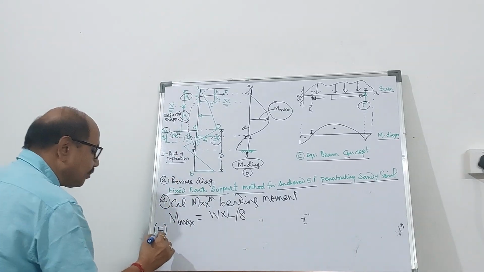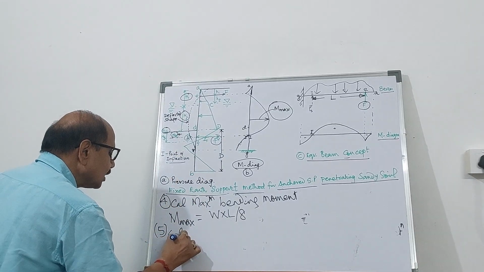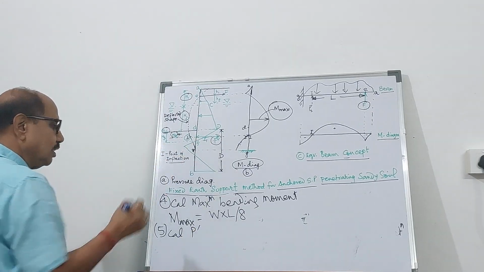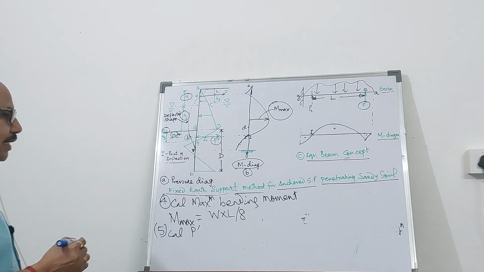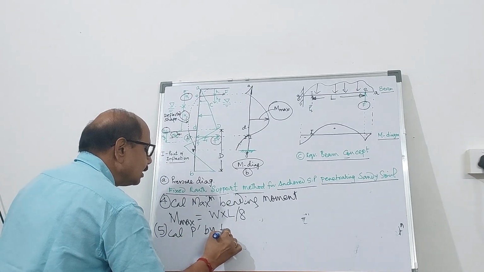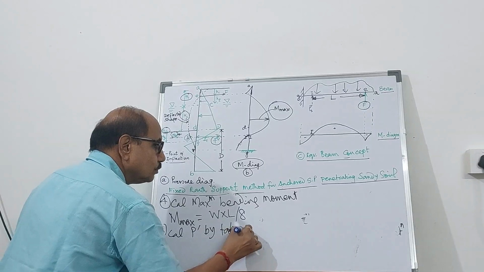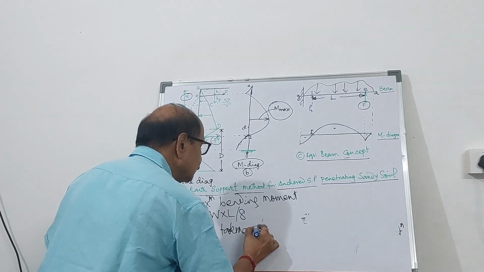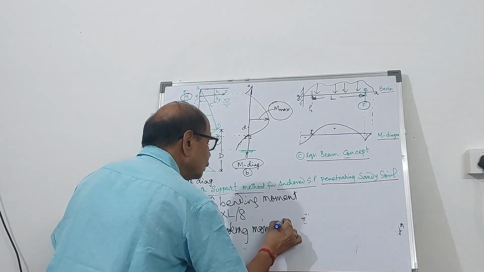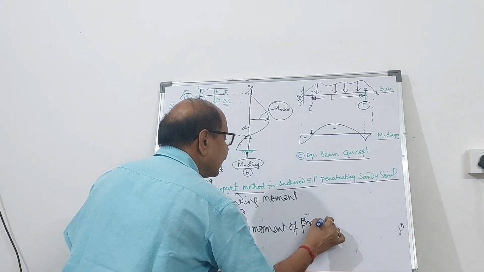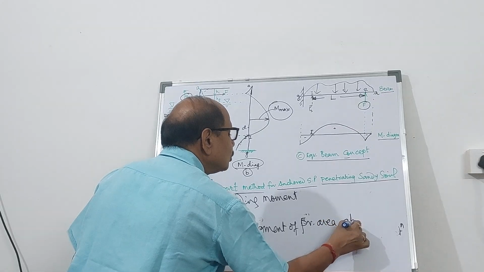So calculate P prime, as shown in this figure A, by taking moment about E, by taking moment of the pressure area about